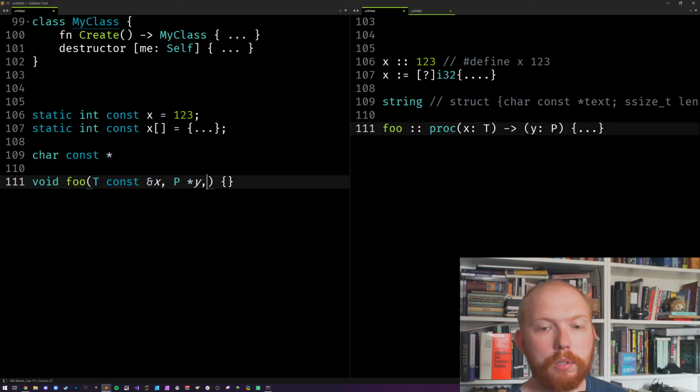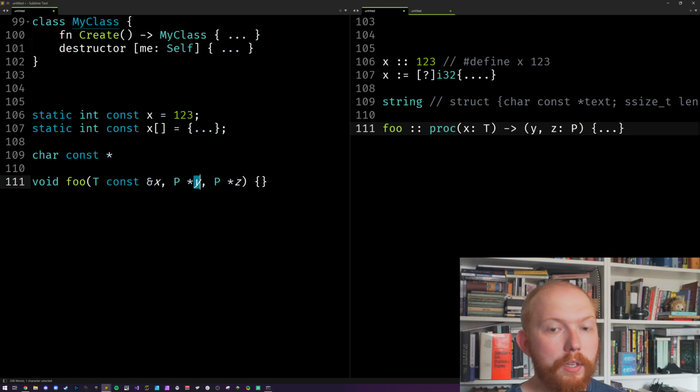Like you may have had multiple of these, like pz, and it's like, oh, that's the way I get multiple return values. Yeah, we just return two values from Odin. That's one of the big reasons for multiple return values in Odin, because it is very common that you want to pass multiple things by pointer which are only output variables. But really, you just return them in Odin. Really quite simple, and it's really nice as well.